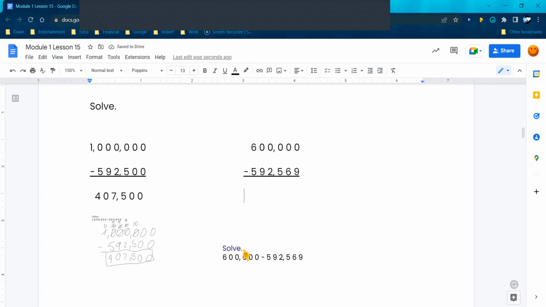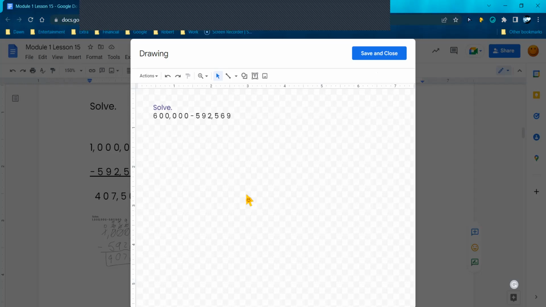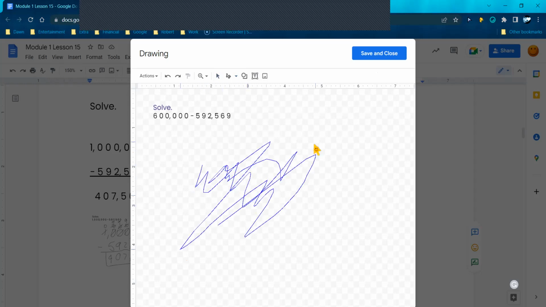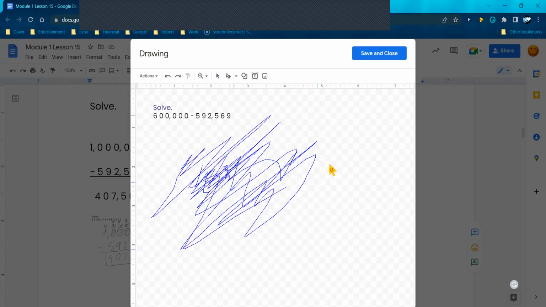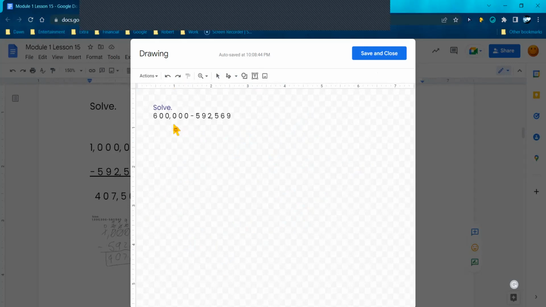And again, we're dealing with zeros, so we can practice with regrouping. So again, I've already clicked into it. I'm getting to my scribble. And if you want, every time you get to a scribble, just quick scribble and see what kind of thing you get. My mouse is having a lot of fun doing its own little thing. And look at that. That's kind of cool looking. But I have to delete it. We got to get serious. I'm going to write 600,000, you guys. Okay. Now I'm going to take